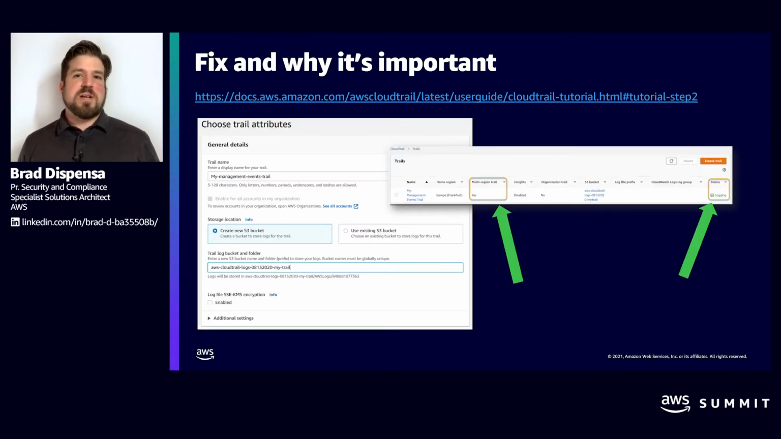The fix for this one is fairly simple. In the documentation, we point out how to do this, but effectively all you'll need to do is create the trail and specify the bucket that you need to configure. And here you can see on screen, I'm also pointing out that we want to make sure that this is a multi-region trail by default, and also that we're pointing to the bucket that we